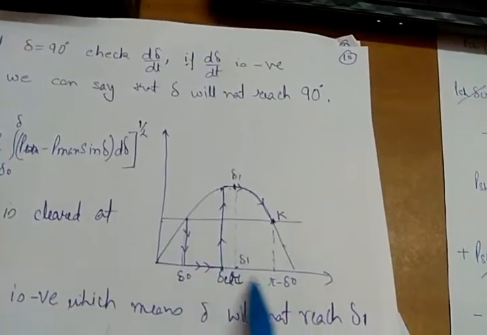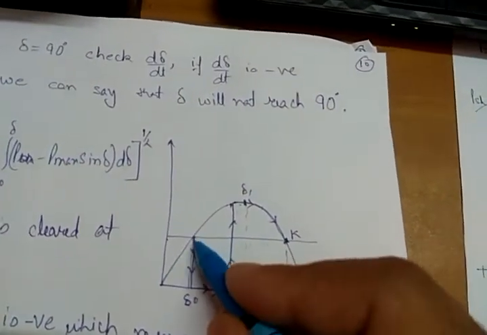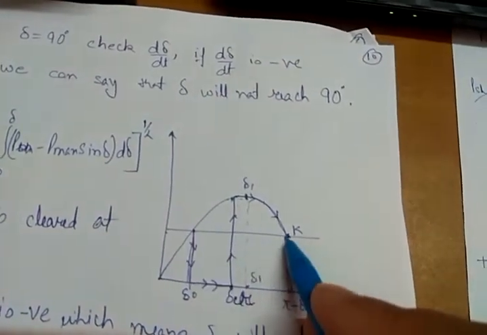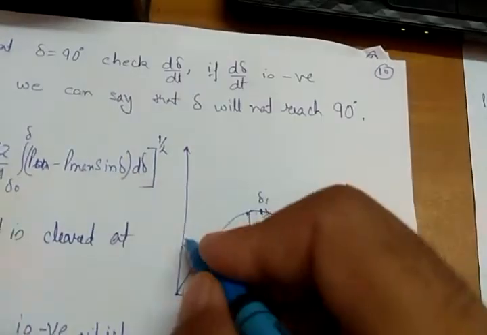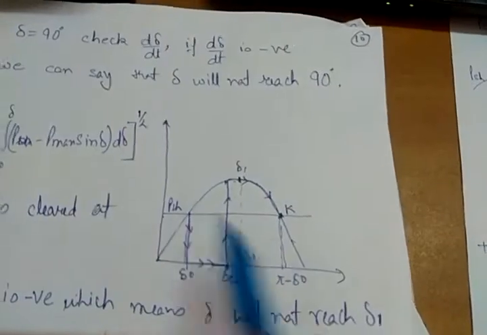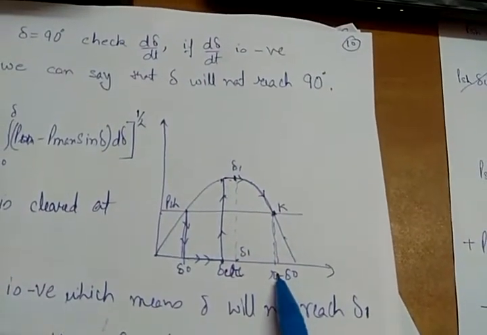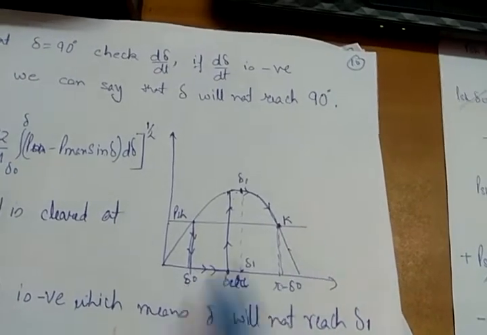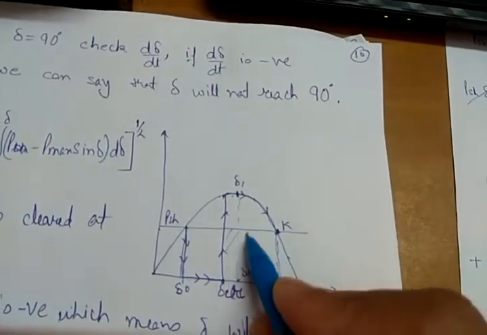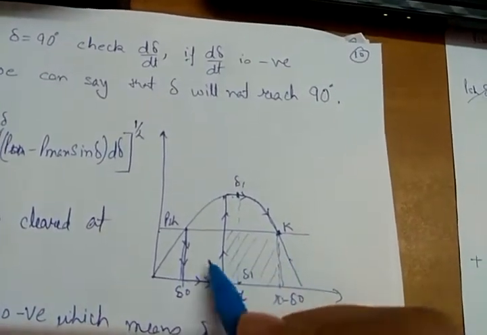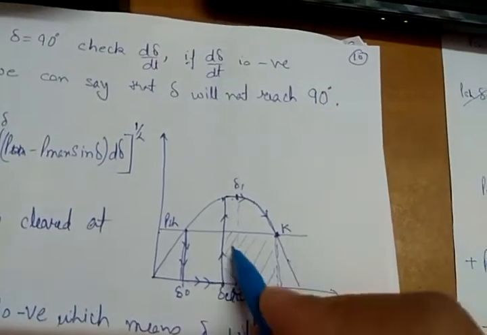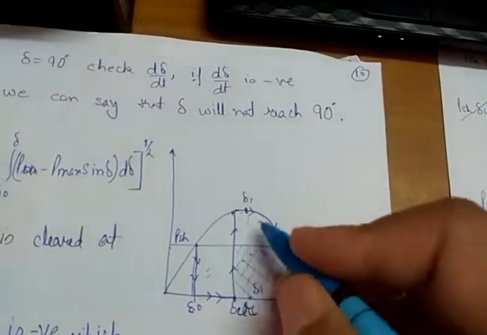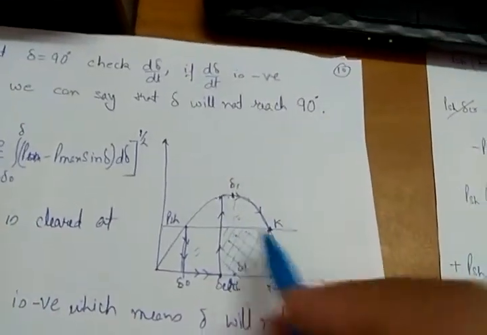What is the area made by the shaft power? It is nothing but the area under these lines. So it is P shaft into pi minus delta naught, minus, suppose this is a common area now. This is common between both the areas, so I am cancelling this area. So I will take only this area, which will be equal to this area, because I am cancelling the common area.